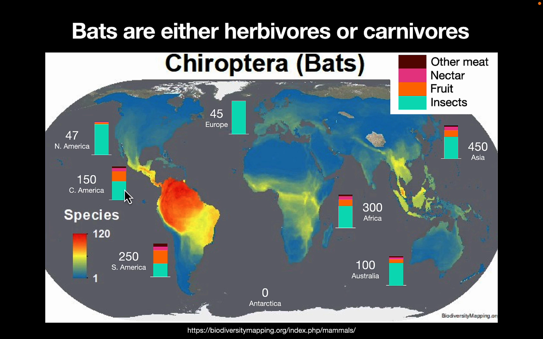But if you go down to Central America and South America, you can start seeing that a large fraction of the types of bats there eat fruit. Some of them eat nectar, and some of them eat other meat like fish that they'll catch, frogs, and even the vampire bat, which sucks the blood, or at least licks the blood up of mammals. So lots of different varieties here, and you'll find lots of fruit-eating bats in some parts of the world,